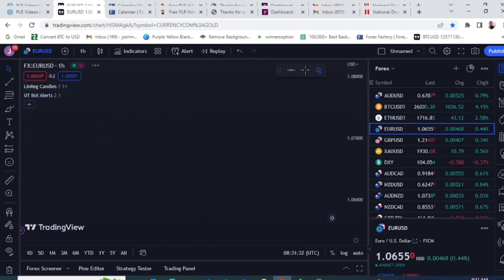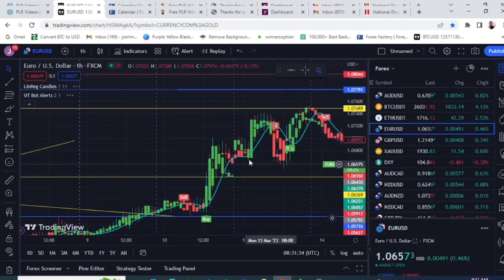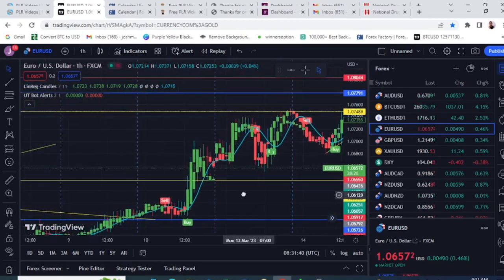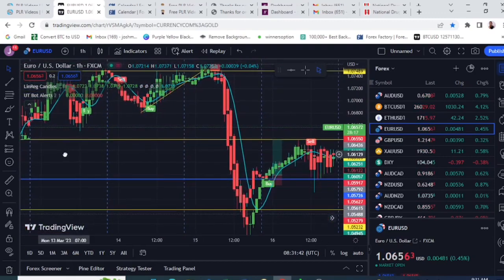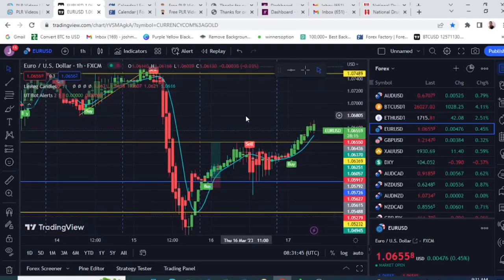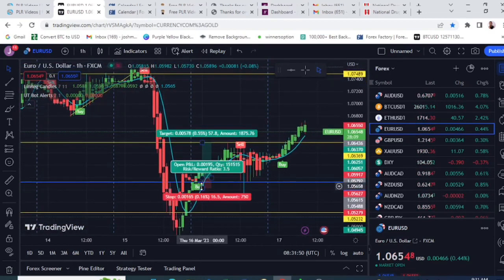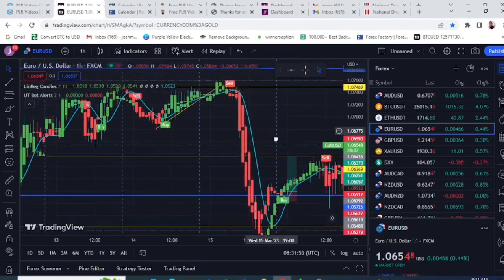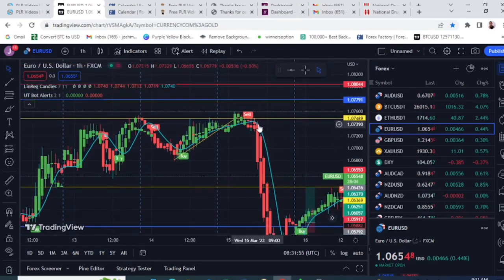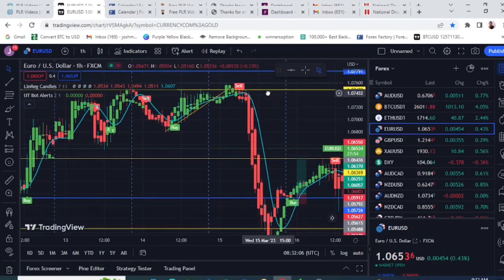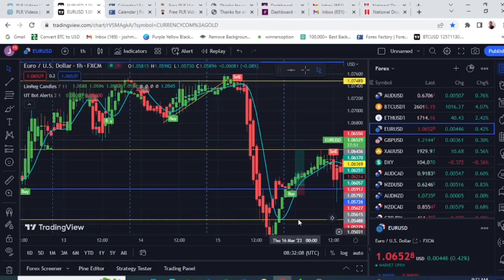So in this video, if you are looking at my screen, you can see there is sell, there is buy. The indicator we are using here shows you when to buy, when to sell, when to buy, and when to sell. And look at this, this is a sell. When it gives you a sell signal here,